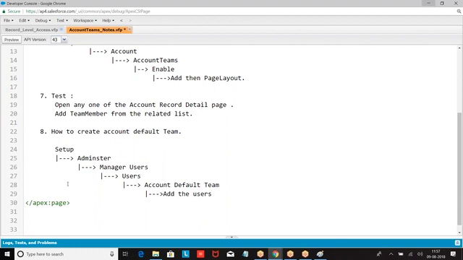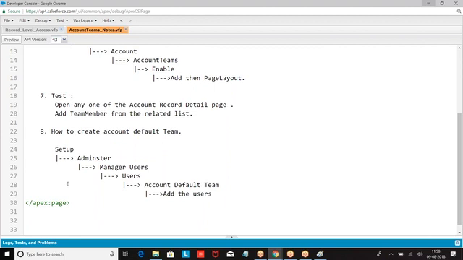I hope this concept is clear, right? Account will have only one owner, but if you want a group of people to collaborate and work, then we'll create a team and add them. What is the team called? Account team. If you are a member of the team on this particular account, you will get access to the corresponding child contacts, opportunities and cases. I hope I'm clear with this.